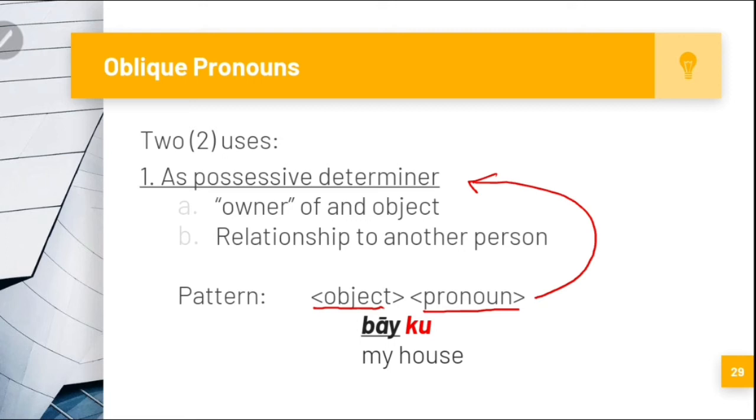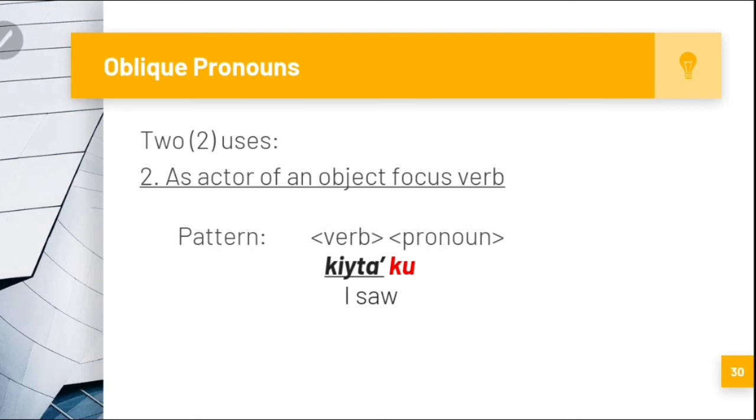An example here, baiku. Bai means house, followed by the oblique pronoun ku, which is first person singular, which means my. So baiku means my house. And the second use is as an actor of an object focus verb. So if the oblique pronoun is now following a verb, specifically an object focus verb,